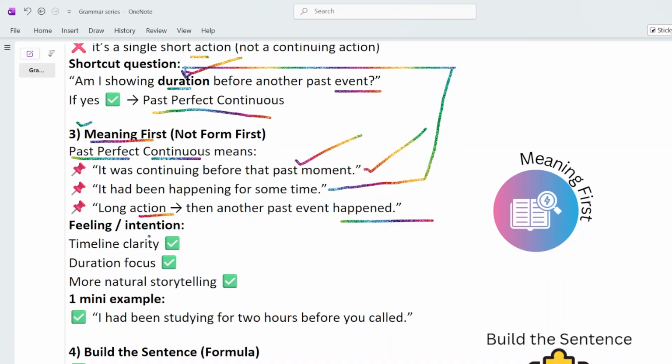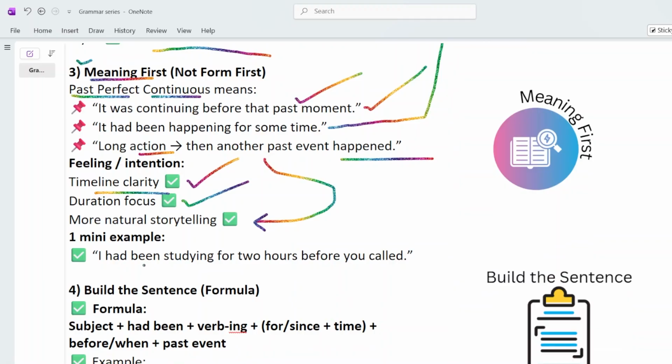So feeling and intention, timeline clarity is pretty much evident when you use past perfect continuous as your grammatical tool. And again, to let you know that this particular tense only deals with focus on duration. All right, and what happens is you kind of get into a mode wherein your storytelling habit, or I can say the habit of putting a story together, kind of becomes natural. All right, so let's look at a mini example before I give you the builder form of this